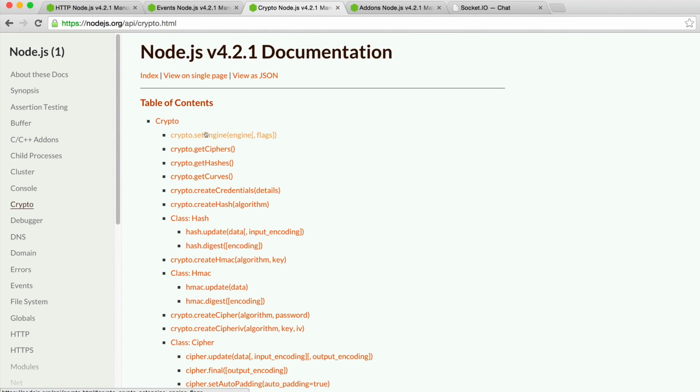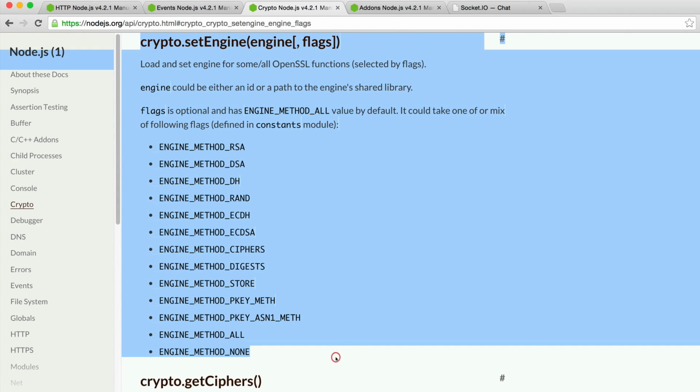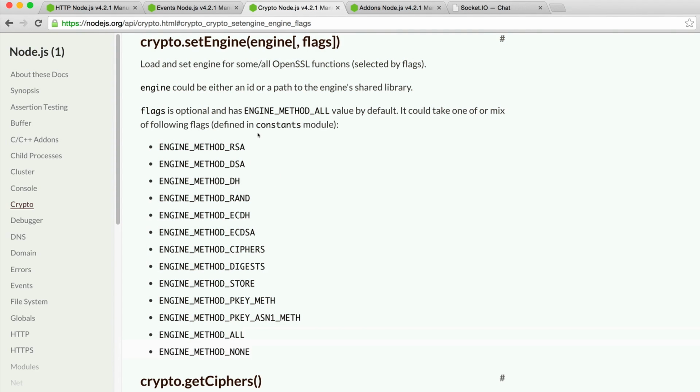So for example, if I click on this method, which is crypto.setEngine, it immediately takes me to the documentation part of this method. This documentation tells me what options or arguments I will get and what these options are. So if it was done with synchronous programming, your page would have vanished, which means your request was being processed by your server. Now your server would have fetched, or would have